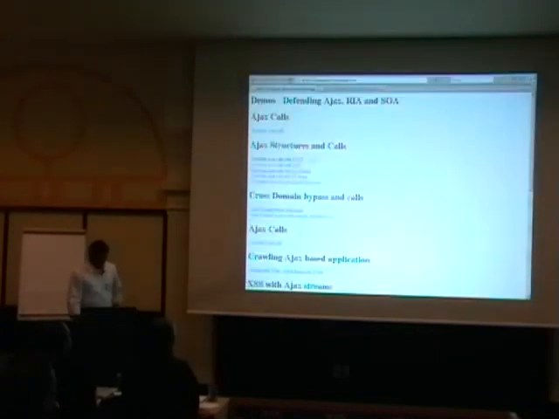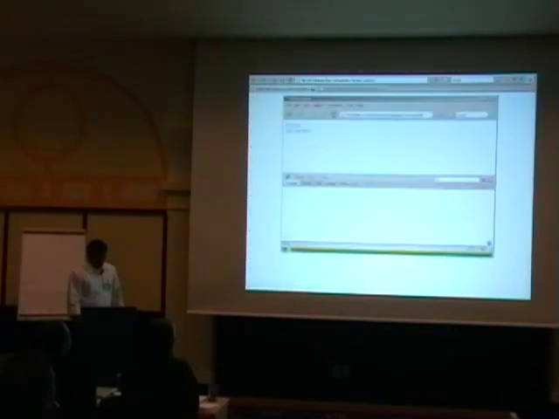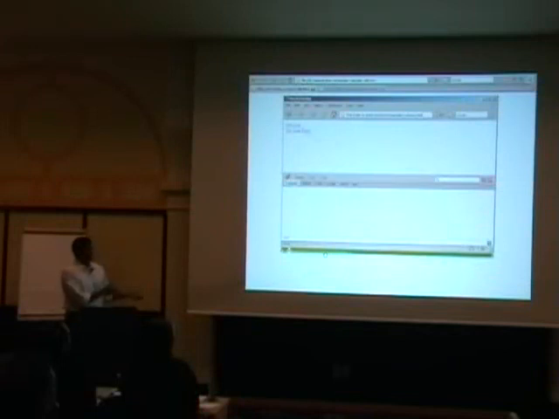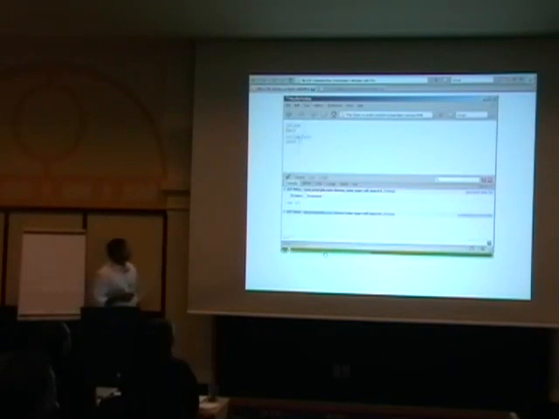For example, over here we have a simple Ajax call. We are making an Ajax call in a browser. As soon as the Ajax call goes, there is a nice plugin called Firebug where you can segregate the traffic which is going through XHR from the traffic which is native. Over here the Ajax call has been executed, and this is the Ajax call.